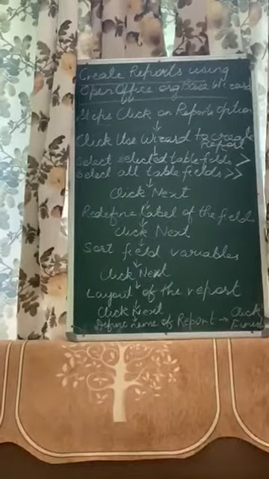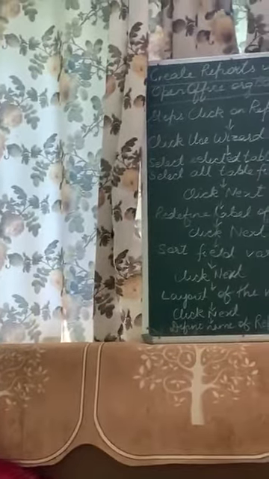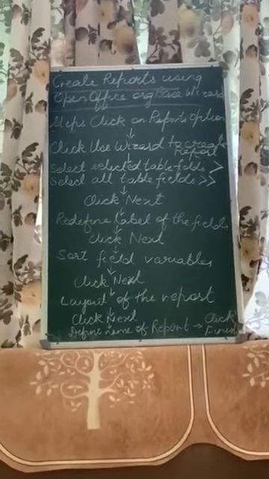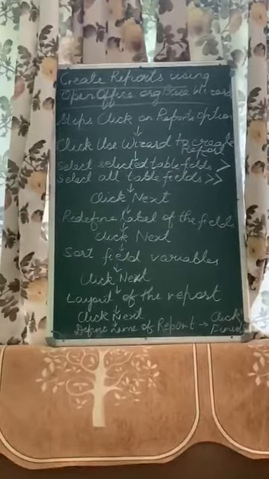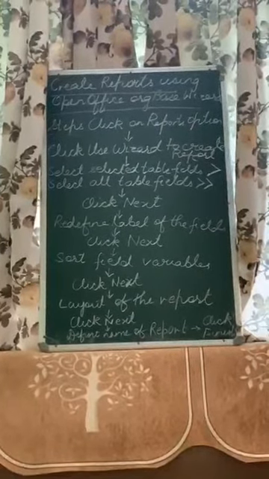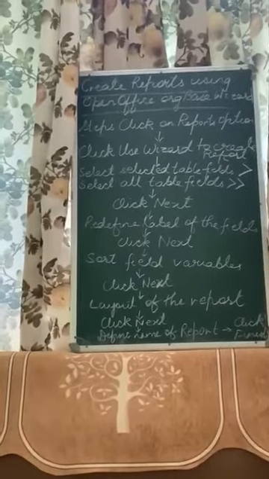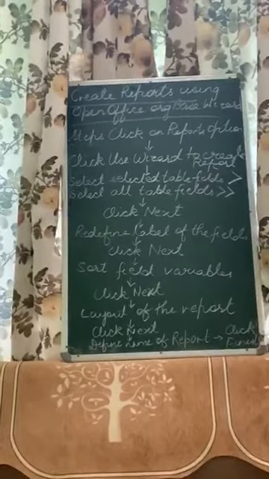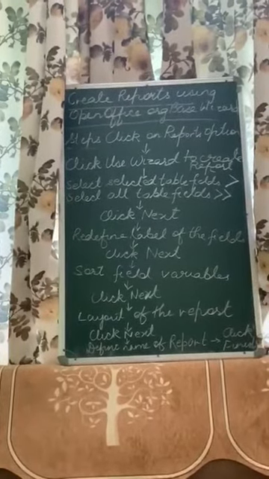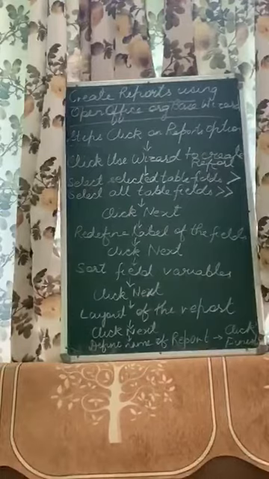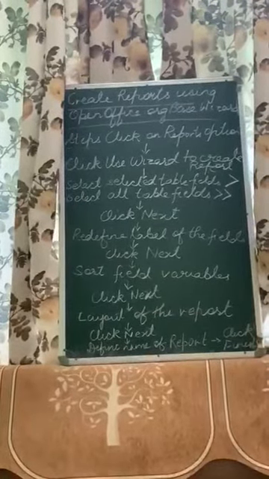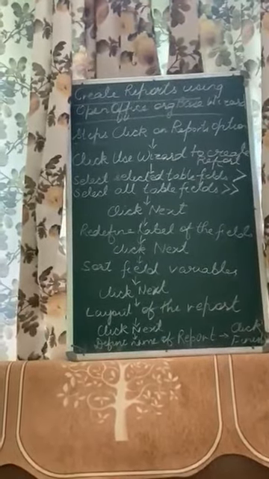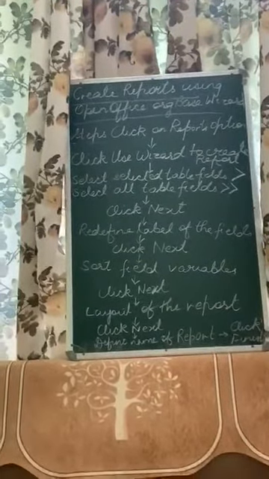Then again click next. Then you will be choosing the layout of the report. That means how the report will look, by selecting the appropriate option available under the layout of the data drop-down list. And then you can even select the orientation of the report, that means portrait or landscape. Your report will be printed on an A4 size paper with all the fields in it. After doing so, you will click next.